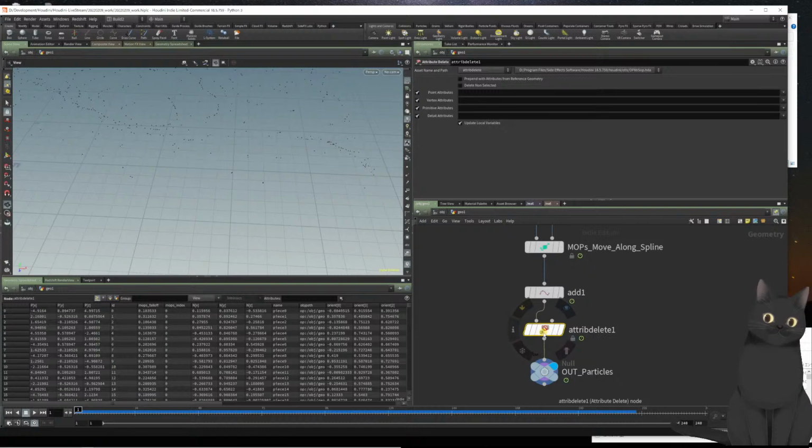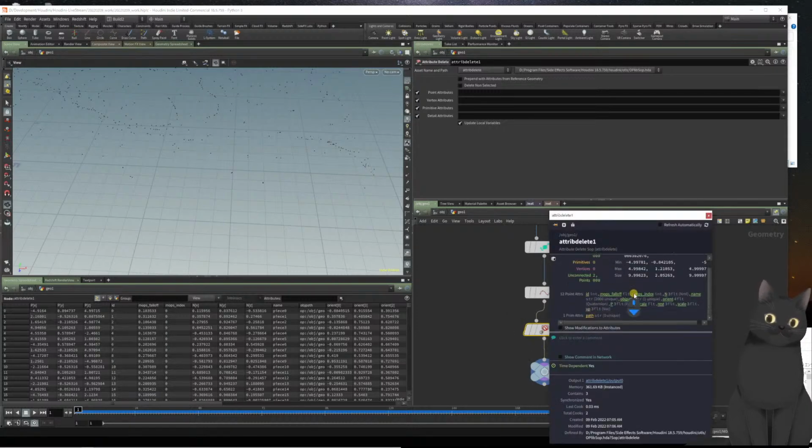Anything else can go. Same goes for the strings. Same goes for the primitives here. So let's delete everything that's on the